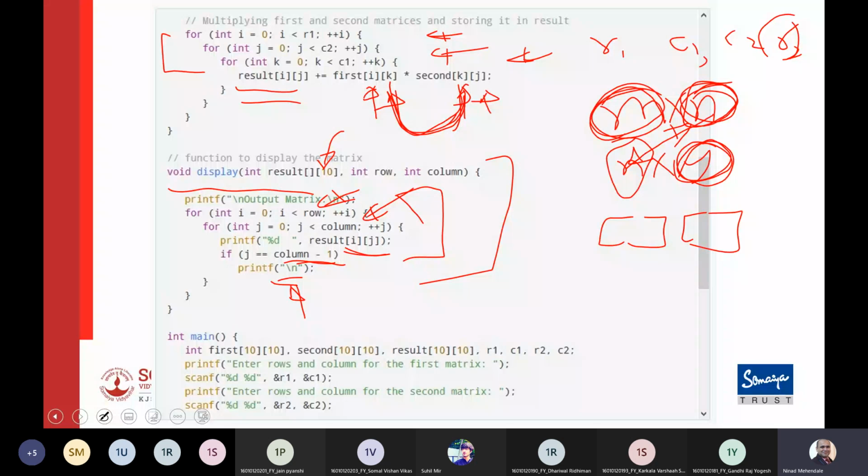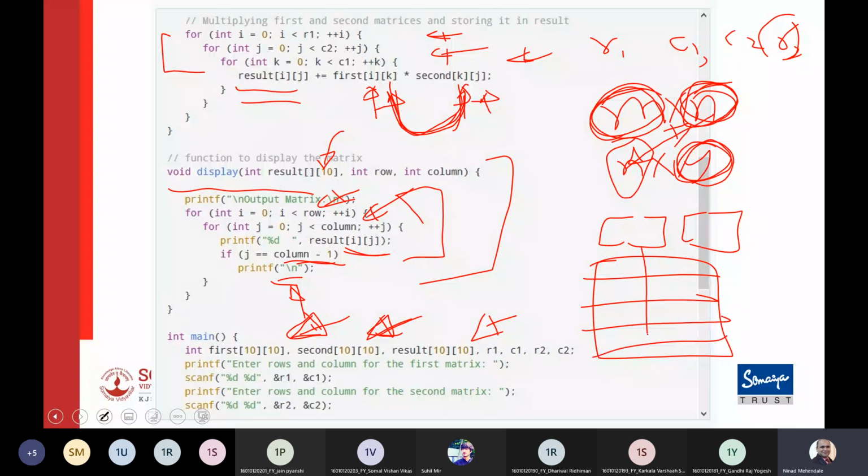Now we start with the actual program. Here what we are doing is we are restricting the user to make an entry of 10 cross 10 matrices, and then result is also 10 cross 10. That initially this is what we define. Now this is just an array allocation. We haven't actually found what was the size of the first matrix. This is just we are holding up a memory space of 10 cross 10, that is 100 elements, and then